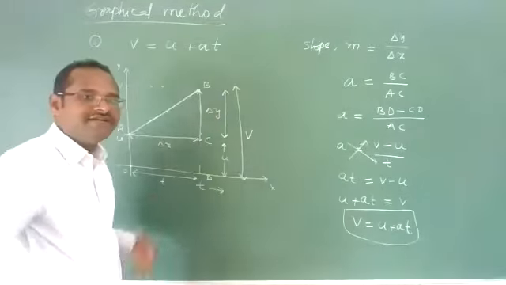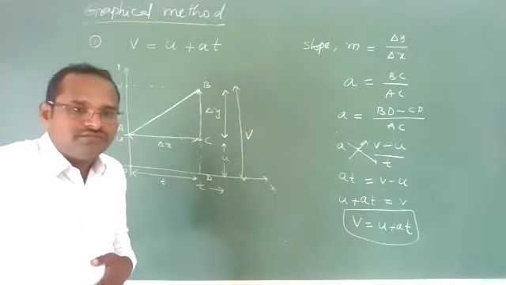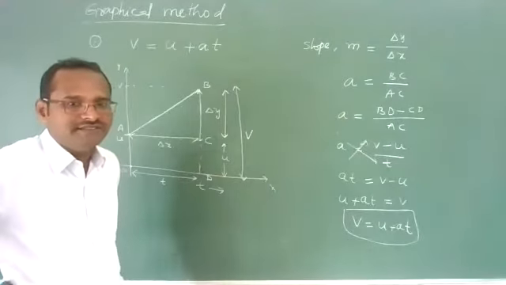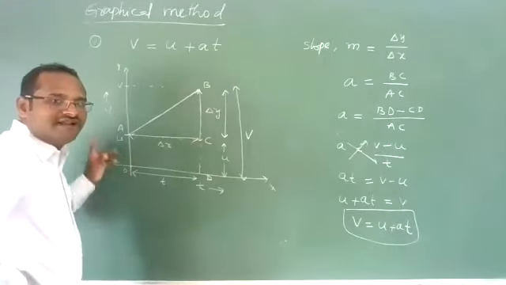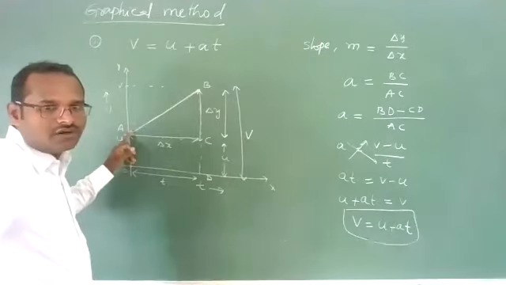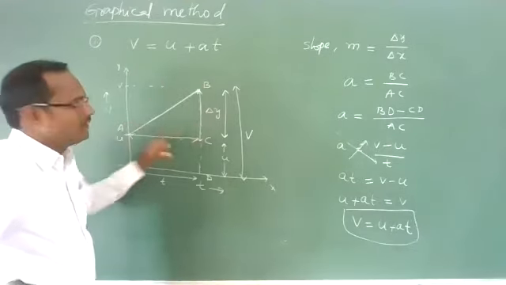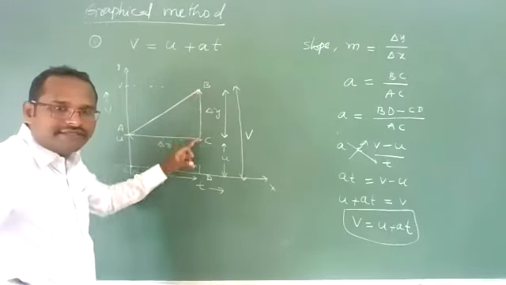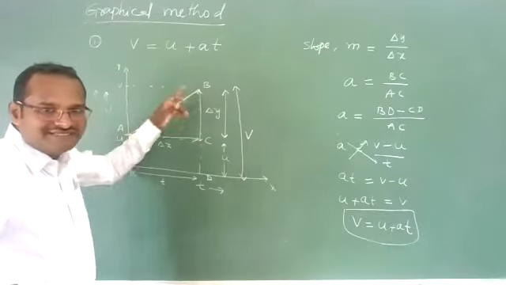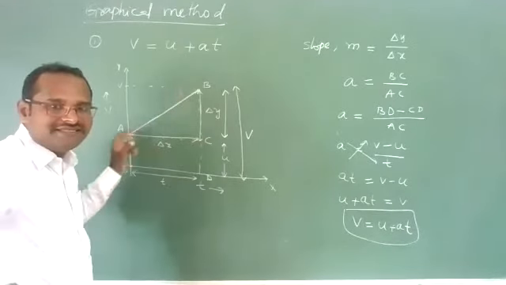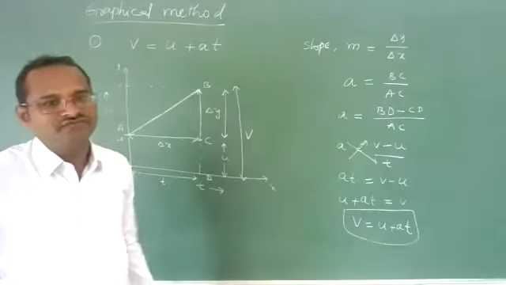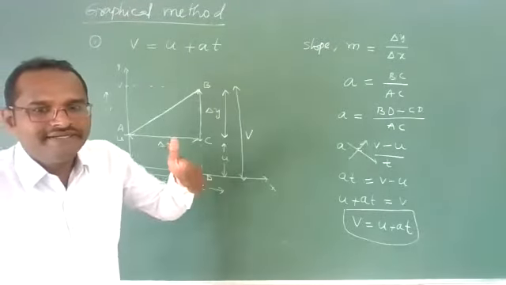Let us consider a vehicle or object in uniform motion with a constant velocity. Draw the velocity and time graph for a vehicle moving with uniform velocity, and write each and every term in it. What is U, what is V, what is T, and the points B, C, A, all these things. Then take the slope and go on to derive. Very simple it is.